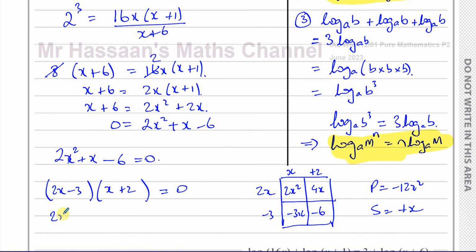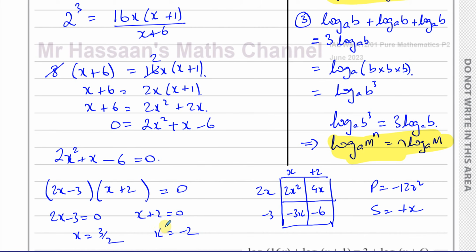So now I know that either 2x minus 3 equals 0 or x plus 2 equals 0. So x equals 3 over 2 or x equals negative 2. So those are our two solutions. Now, a lot of students will stop there and they will give these answers as their solutions and they will lose